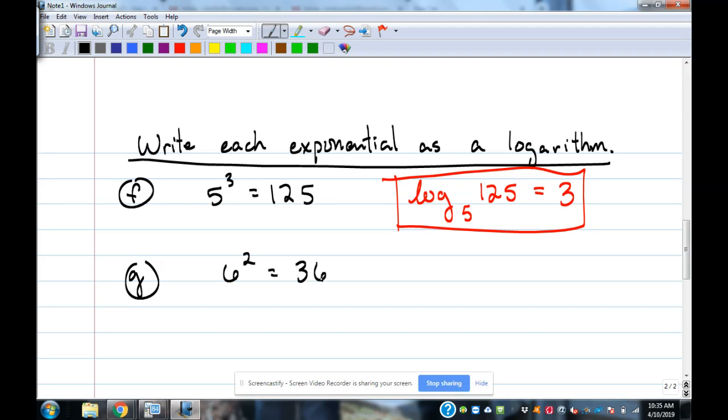Do another easy one. 6 squared is equal to 36. It's definitely true, right? 6 squared is 36. Let's rewrite it as a logarithm. What would it be? Log base 6 of 36 is equal to, okay,